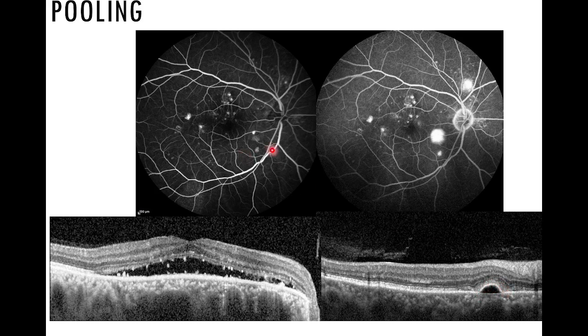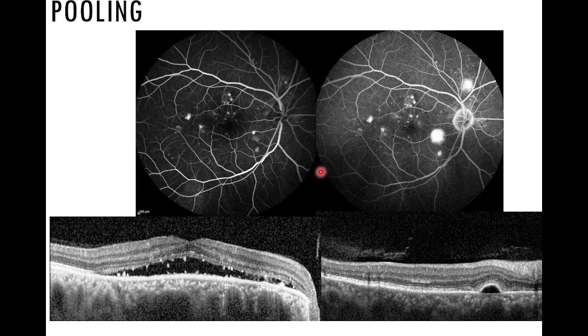Okay, so let's move on to this picture. We can see here the hyperfluorescence. See this particular hyperfluorescent area, compare this to this, which increases in intensity and size. Gradually an increase in intensity and size occurs. This is the neurosensory detachment. Okay, but see this particular hyperfluorescence, it increases only in intensity and not in the size. You can see this. Compare this to this, it increases in intensity and not in the size. That is pigment epithelial detachment.